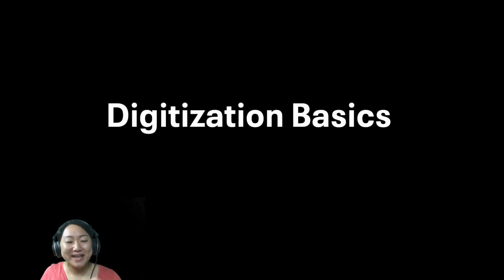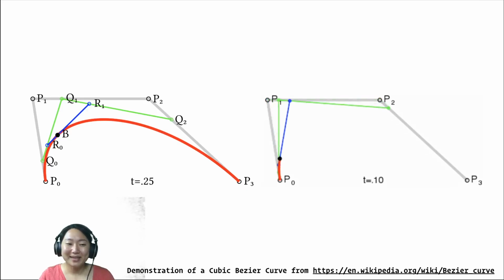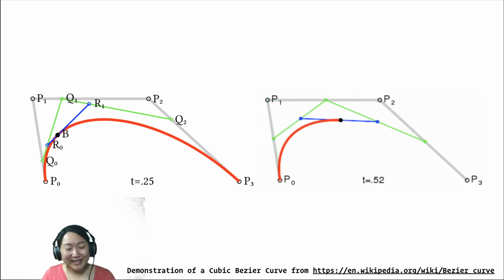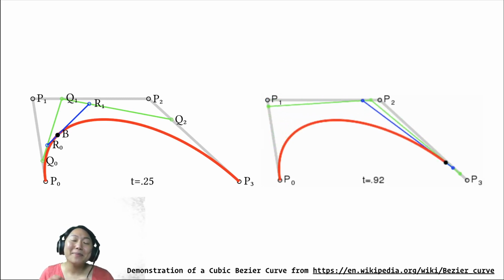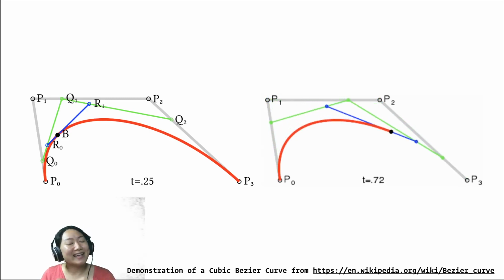Let's talk about the basics of digitization. First of all, you might be asking, what are Bezier curves and how do I use them? You might have come across these in programs like Adobe Illustrator, for instance. A Bezier curve, as Wikipedia defines it, is a parametric curve that is used in computer graphics, and without getting